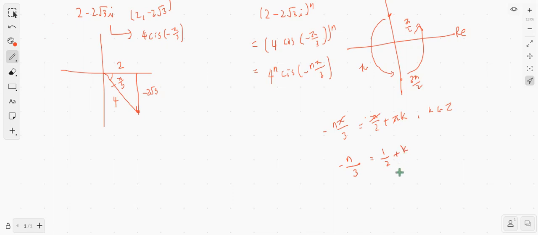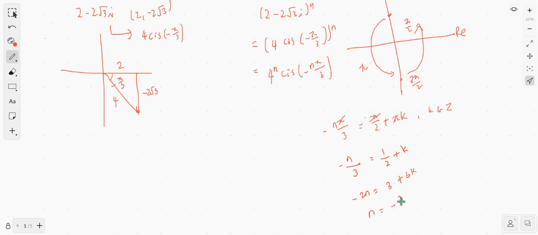In order to get rid of the fraction, let's multiply every term by 6. Then you get minus 2n is equal to 3 plus 6k. If you divide both sides by minus 2 in order to isolate n, then you get n is